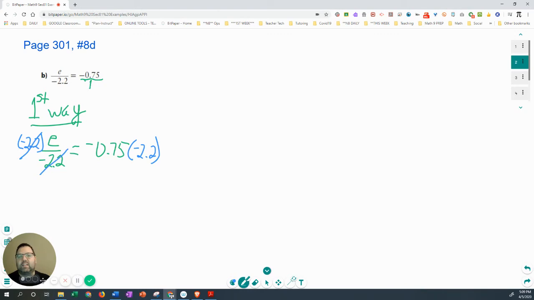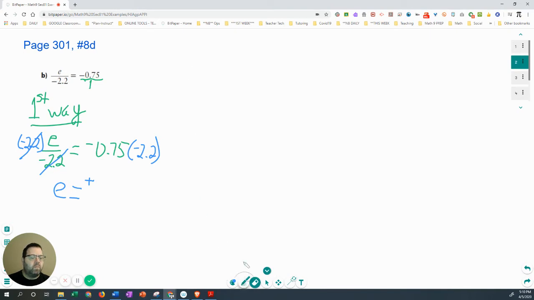Okay, so this essentially reduces to 1 or cancels to 1. It's not a zero pair like adding and subtracting. When you multiply and divide, you're looking for a reduction to 1, okay? You could say they cancel though, but just understand that's not 0. Okay, you actually have 1 positive e left over, okay? So we have a negative times a negative. We know the answer is going to be positive, and then we have